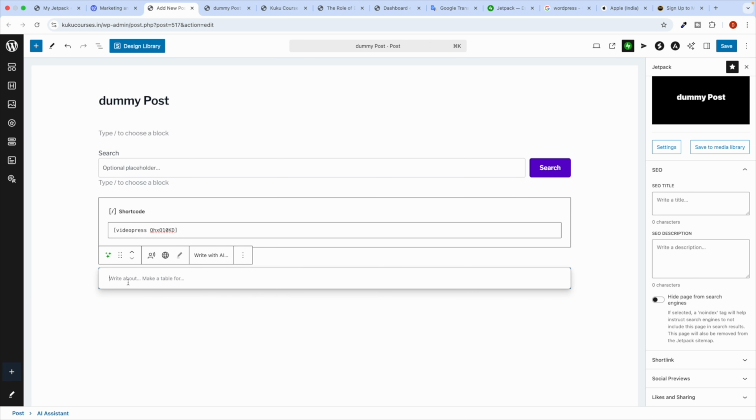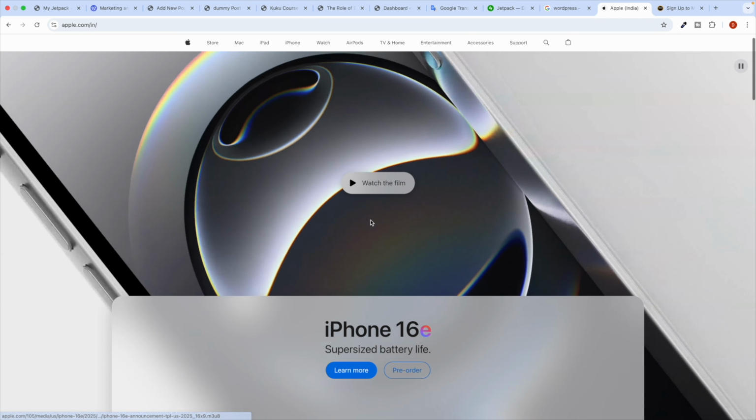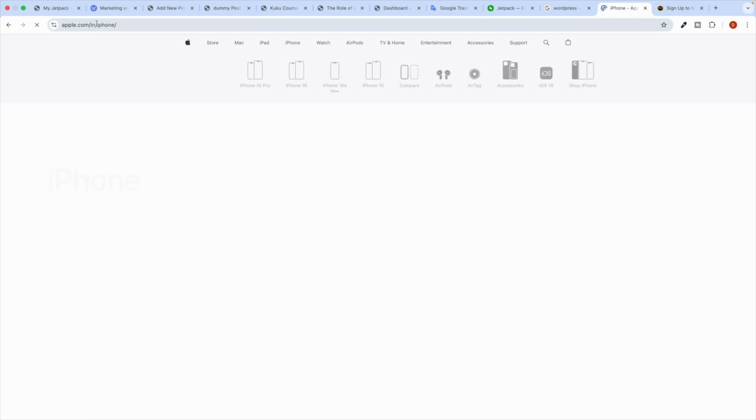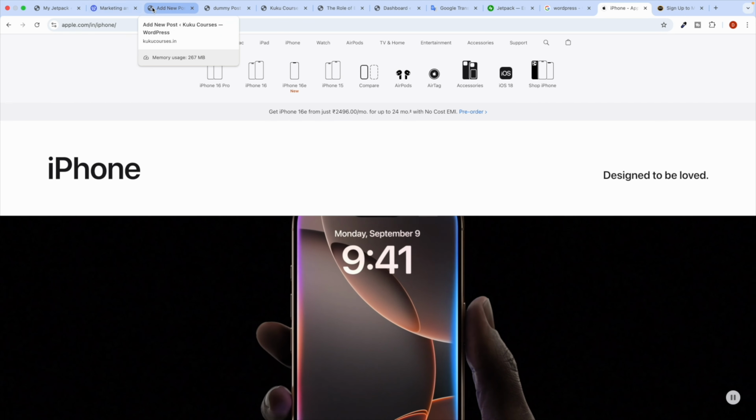Now simply write, let's say, generate an SEO optimized blog article on any keyword. Let's go with iPhone 16, just one example,